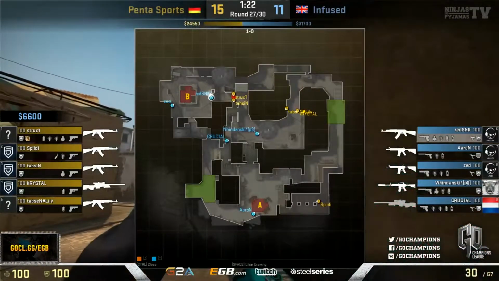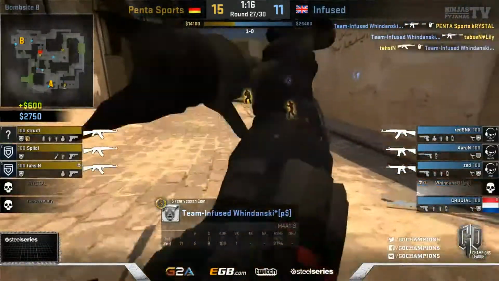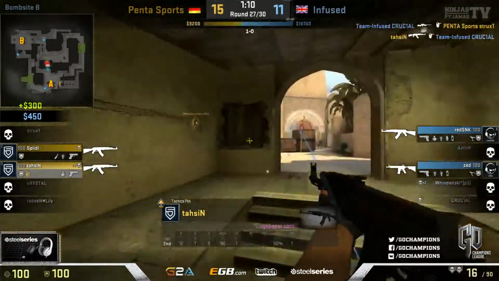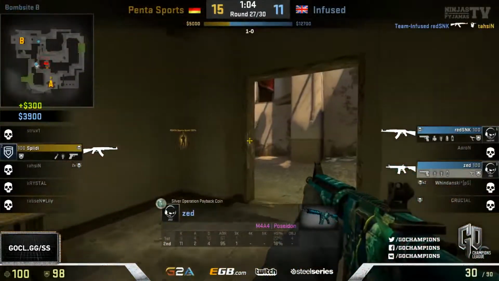No, he isn't. He's actually at mid. Okay, so Strux and Tassin have gone underground. But Windansky's pushed all the way up mid, and that's fantastic play from Windansky. Tassin, though, from underground, manages to trade it. He knows exactly where Crucial's hiding, gets a headshot of his own. He's going to go in search of more, but Red Snake makes the crossfire on. And Penta